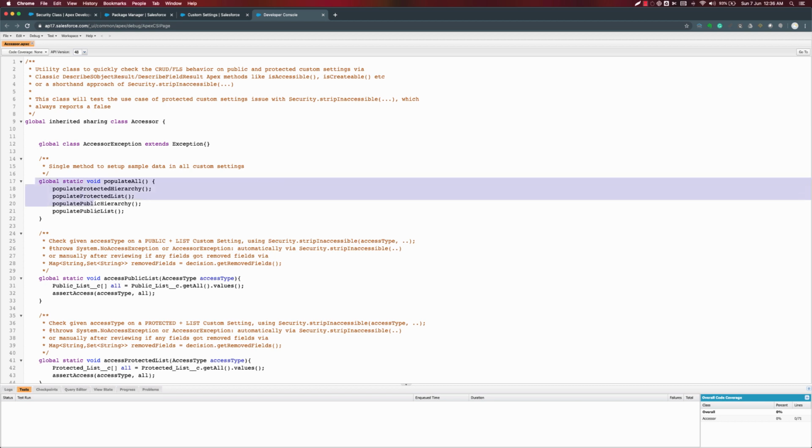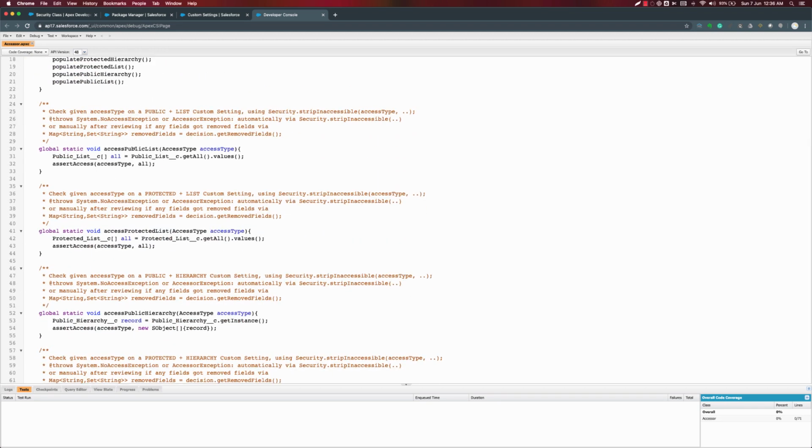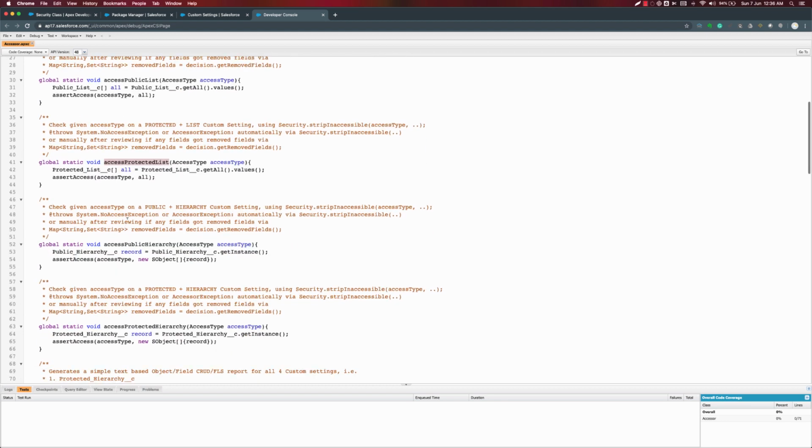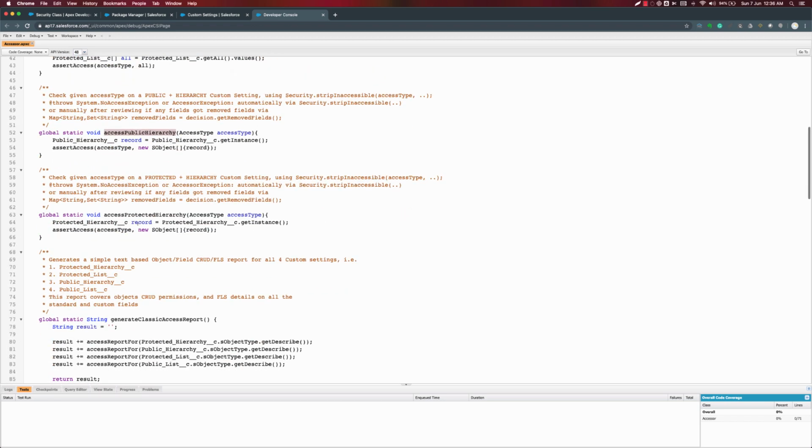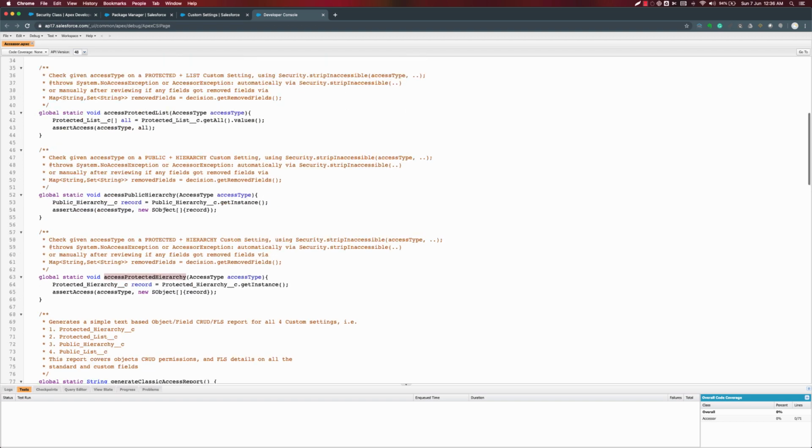I have given a handy global method to populate sample data into all 4 types of custom settings. Then there are 4 assert methods which check any given access type which the client org can pass, and they check if the given custom setting type which the method name represents has that given access. There are similar methods for all the custom settings: assert protected list, assert public hierarchy, and assert protected hierarchy in the same fashion.